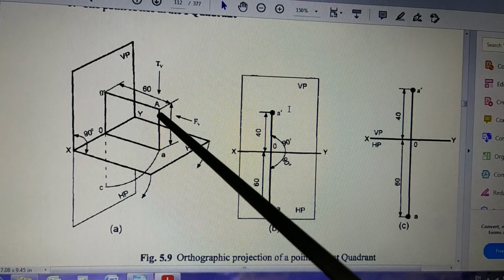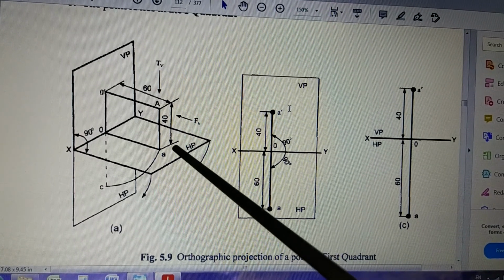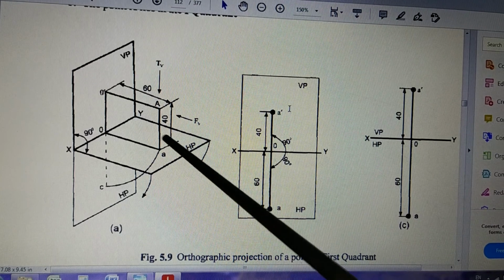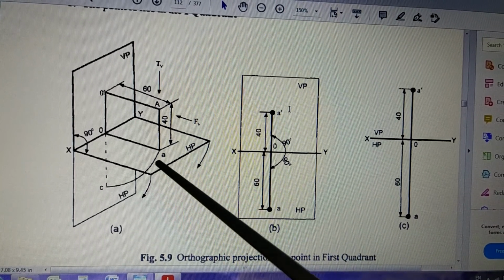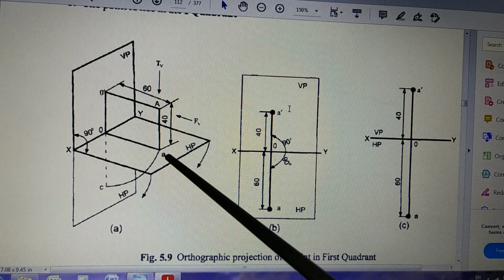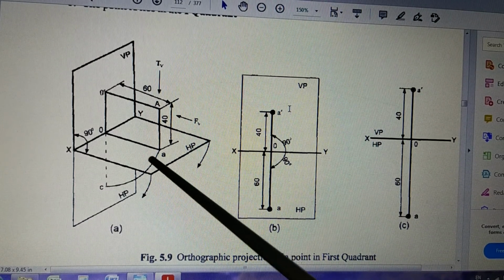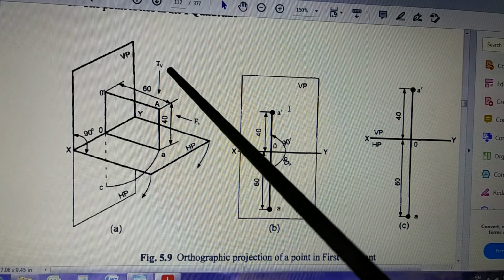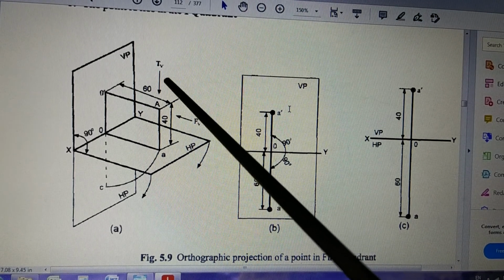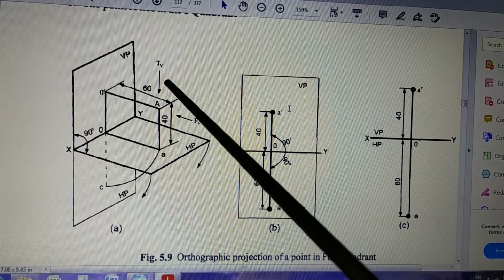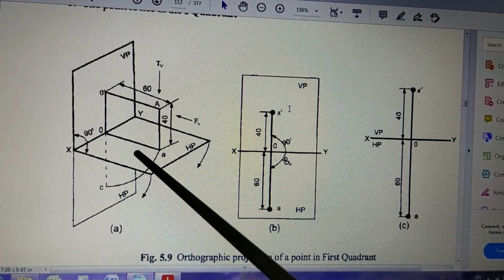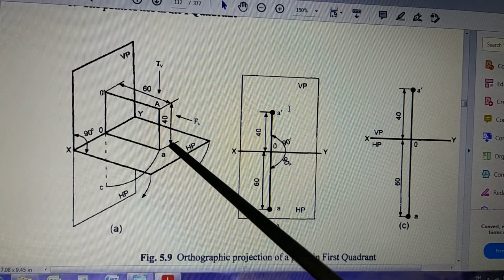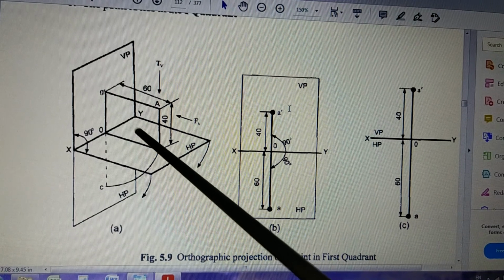In the same way, suppose on this plane we put a square pyramid. You have already seen what a square pyramid is. The square pyramid has a base that is a square, and then it has one corner as an apex. The apex is a single point, and that single point is joined to the four corners of the base of the square pyramid. So that is called a square pyramid put in HP.